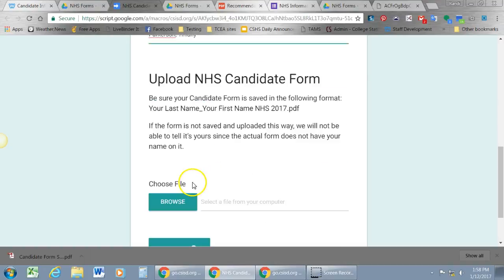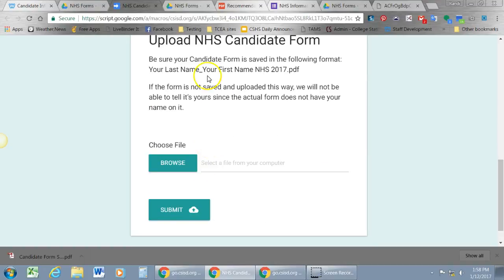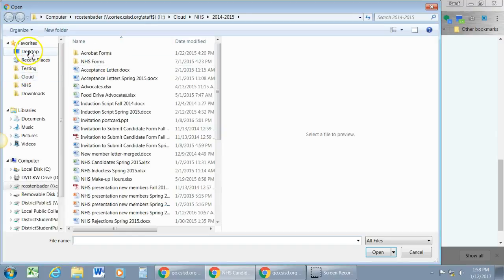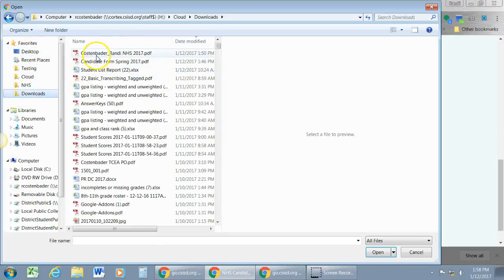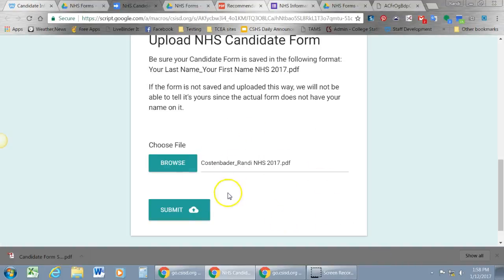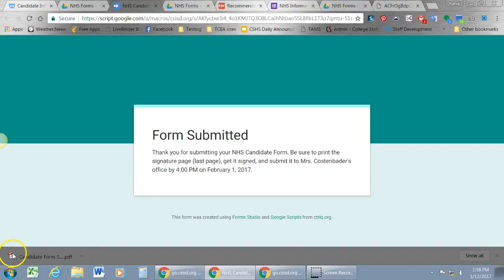Then as you scroll down, you'll see where you have the opportunity to upload that NHS candidate form. So earlier you saw that I saved it. I'm going to browse for it in my downloads folder. And I have it here at the top, Kostenbader_Randy NHS 2017. I click on it, click open, and now it's listed here, and I'll click submit. It will say form submitted and give you some more information about how and when you need to get the